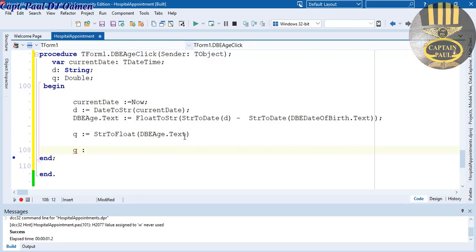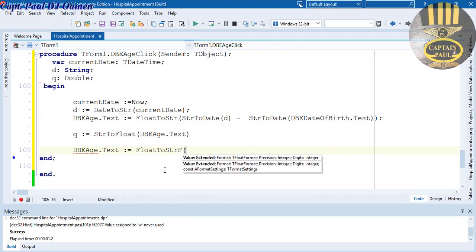Let's just say date of birth or age, that will be equals float to string f, because I'm going to convert it. So that will be q divided by